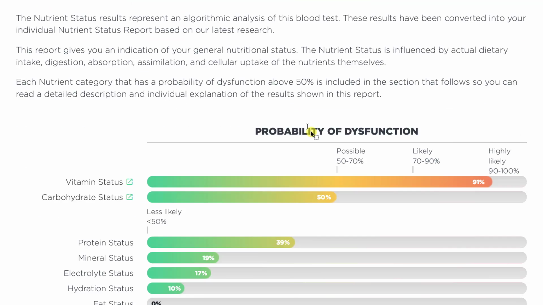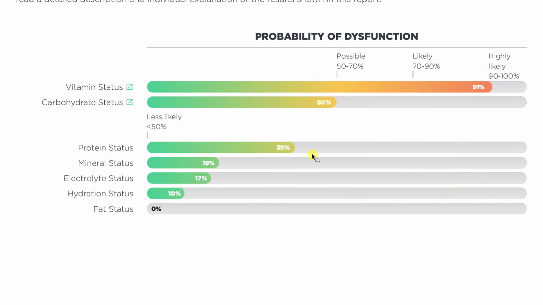As far as nutrients go, this is not necessarily individual nutrient deficiencies, but how well your body is doing digesting, absorbing, and extracting nutrients from the foods that you're eating. So basically, we consume proteins, carbs, and fats from the food that we eat. Our stomach, small intestine have to extract vitamins, minerals, carbs, proteins from the foods that we eat. So this gives us an idea of how well that system's working. And as you can see here, your vitamin status is really high at 91%, suggesting that you're not doing a good job of extracting vitamins,